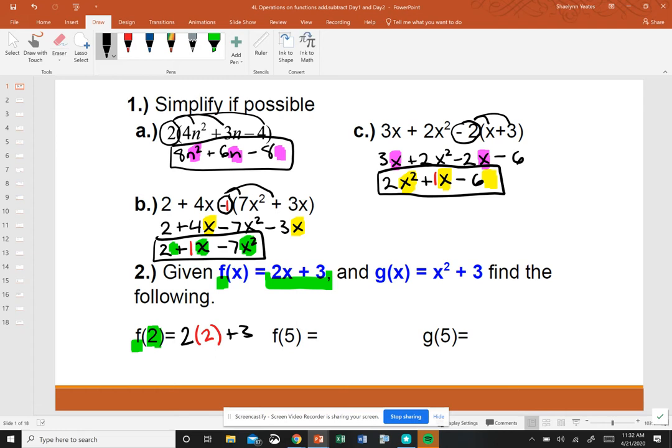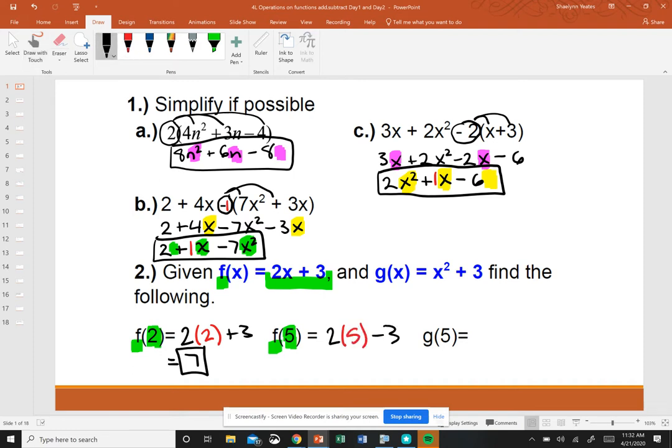And then I would take my handy-dandy calculator, which I have to let load, and I'd plug this whole thing in. 2 times 2 plus 3. Or you could realize that 2 times 2 is 4, plus 3 would be 7. So this equals 7. All right, so on this next one, we're still looking at the f function because it says f, and we're going to plug in a 5 this time. So this would be 2, and then in the parentheses, I'd put the 5,